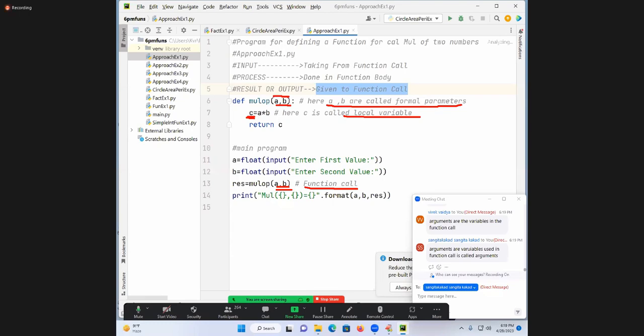Good. How many types of variables do you have in Python? 3. Number 1, formal variables or formal parameters. Local variables, arguments. Arguments are nothing but variables used in where? Function call. Next level, I'm going to tell you global variables also, instance variables also, class level variables also. Totally 6 variables are there in Python. But on the beginning day we talk about variable. Are you understanding the meaning of variable? Variable is common, but the way which you are using is completely different. Shall I move forward now?